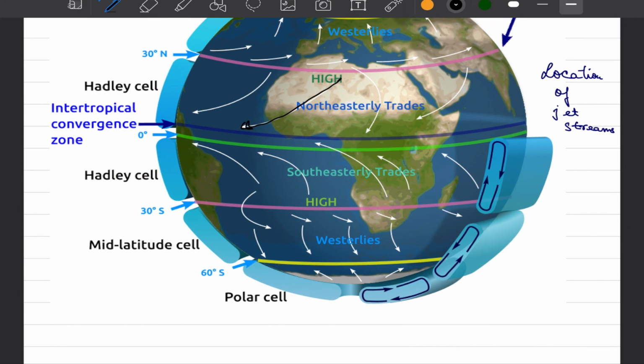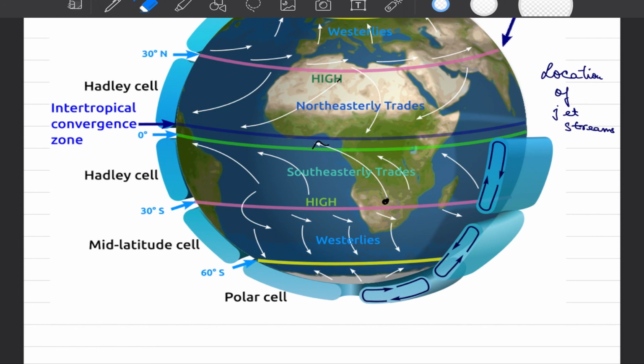So we call the winds coming from 30 degrees north towards the equator the trade winds, and winds coming from 30 degrees south towards the equator southeasterly trade. So how do we name them? Originating from the south and eastern direction, going towards the west. So from where they originate is more southeast, as compared to the destination where they're going to terminate, and hence the name.